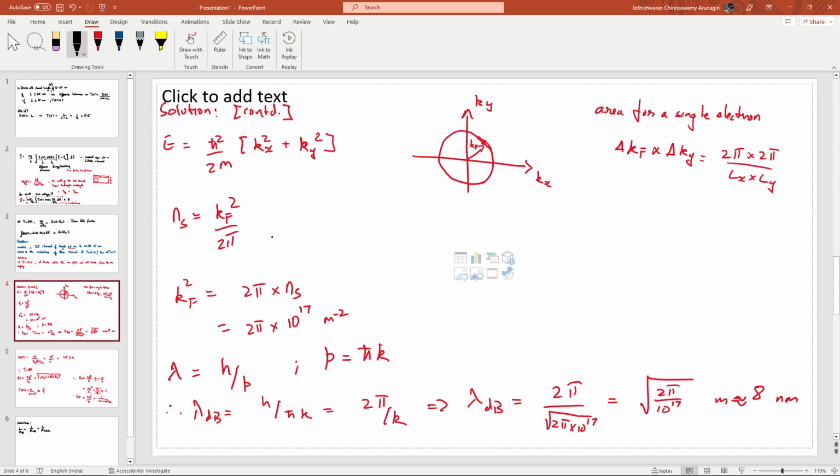So for a 3D conductor, can you tell me what this relation will be? Just out of curiosity. For a 3D channel, what will N, the charge carrier concentration, be? So we essentially have to use the same derivation as before. So what we will do is we will consider,